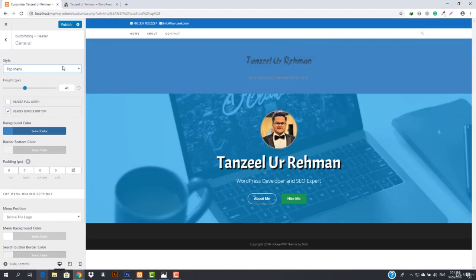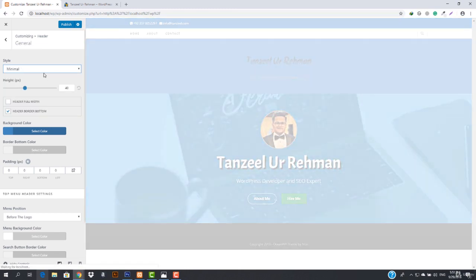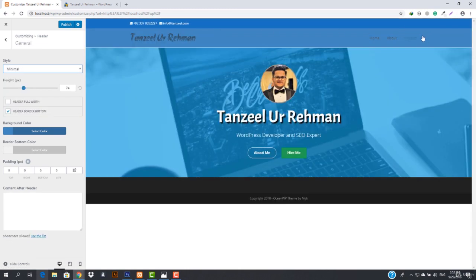I don't have to explain this to you. Anyway, I'm just going to go ahead with minimal. Okay, and you can see this is how it's looking. And then we've got the header border bottom. So this refers to the border that is coming right here down below. Okay, you just have to uncheck this, and you can see that this border is removed, and now we have